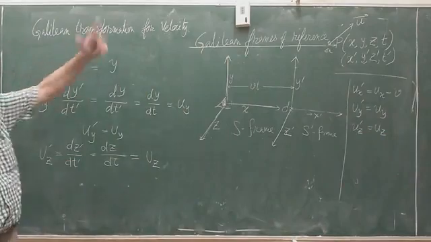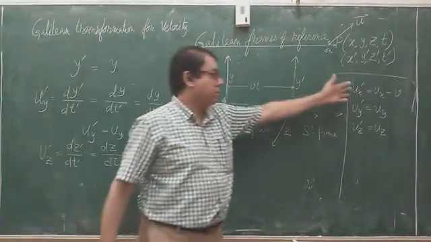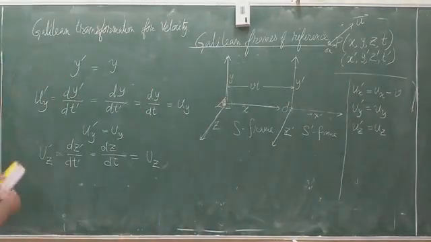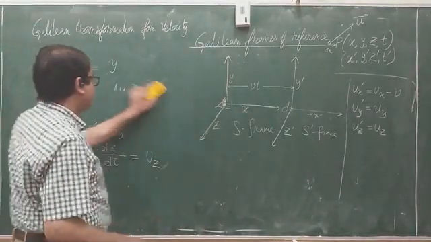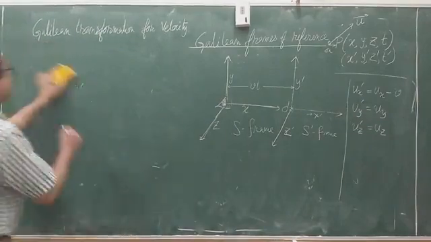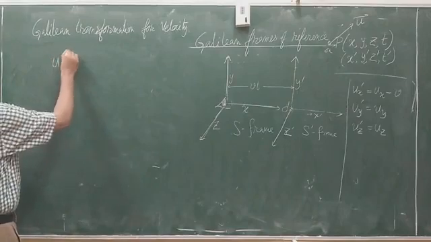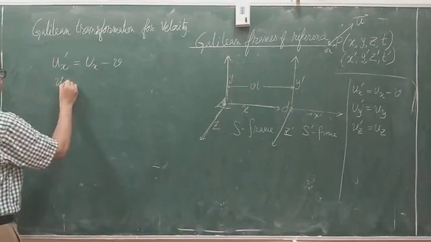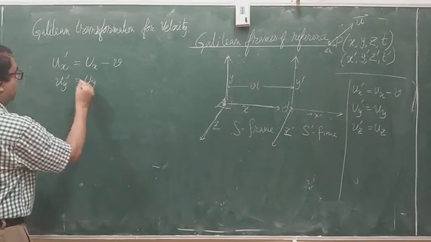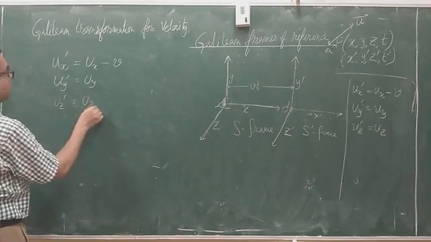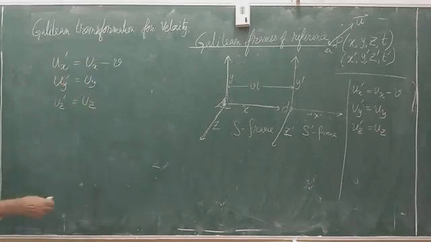So the Galilean transformation for velocity will be given like this. And similarly, just as in the earlier case, we can also find the inverse transformation laws for velocities. The Galilean transformation laws for velocities are given by ux dash is equal to ux minus v, uy dash is equal to uy, and uz dash is equal to uz. These are the Galilean transformations for velocity. So the inverse Galilean transformation